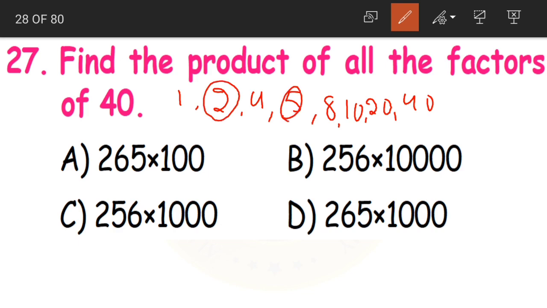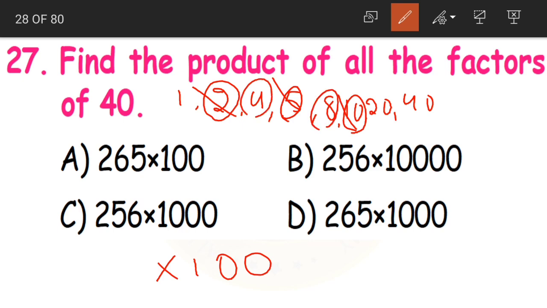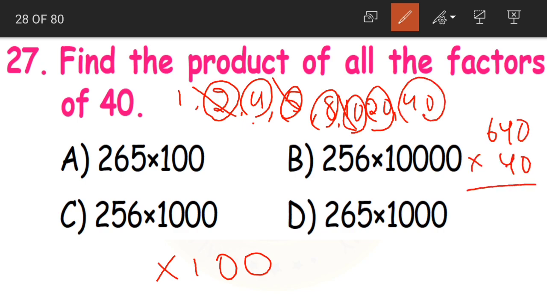We have 2 fives are 10. Yes. Then we have 10 tens are 100. Okay. 100 we have kept aside. Now let us multiply the remaining numbers. 4 eights are 32. Yes or no, children? 4 eights are 32. 32 into 20 becomes 640. 640 into 40 becomes how much? 2 zeros in the answer. 4 fours are 16, 1 carried, 4 twos are 24, plus 1 becomes 25.